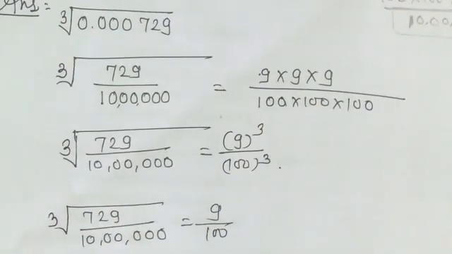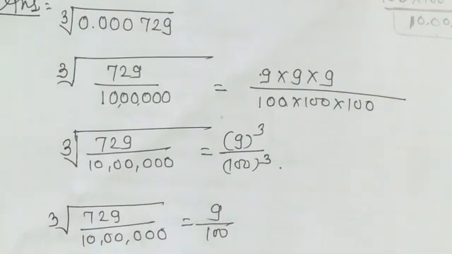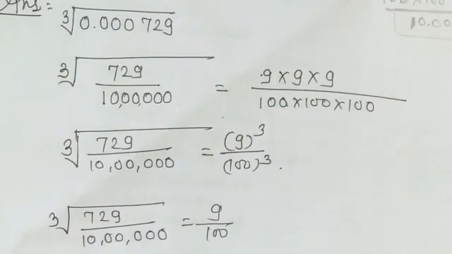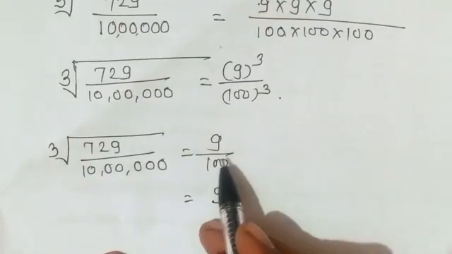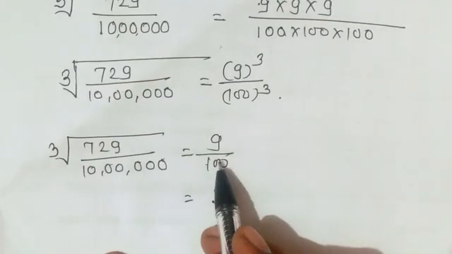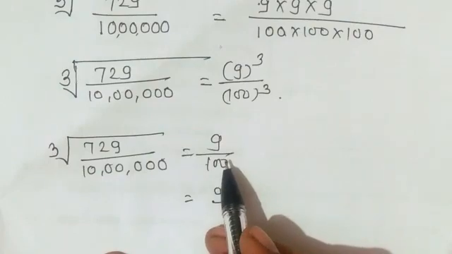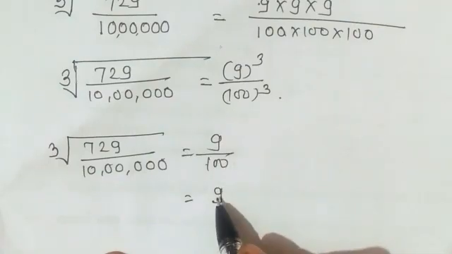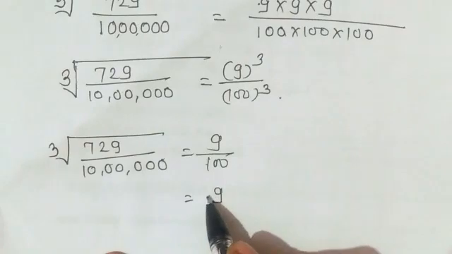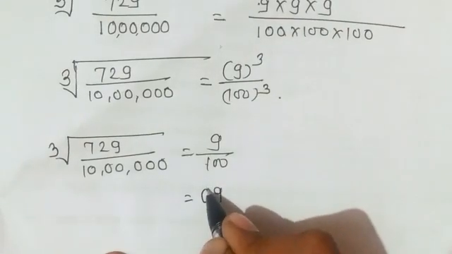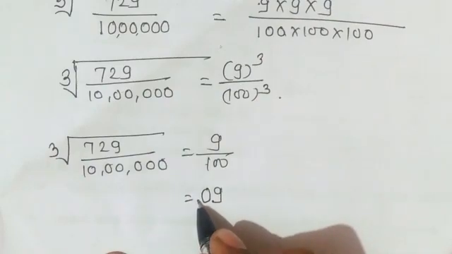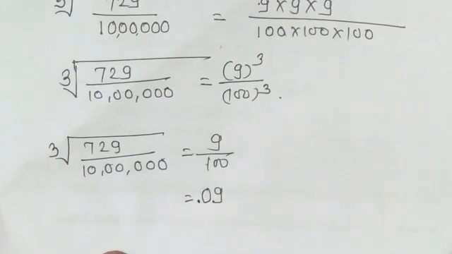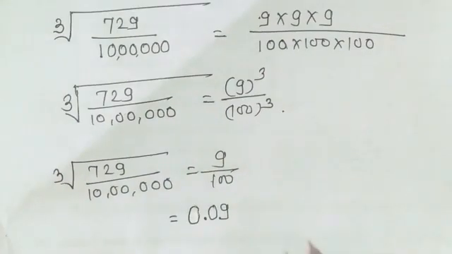So how are we going to do that? This 9, the numerator, we write at first, that is 9, and at the denominator place after the 1 there are 2 zeros, it means 2 digits are there. So we place them here, 1 2. Another number is not given, it means the 0 will be there. So this one will be our point. So that way, 0.09.